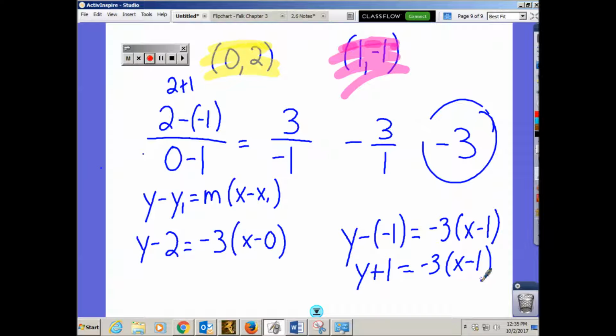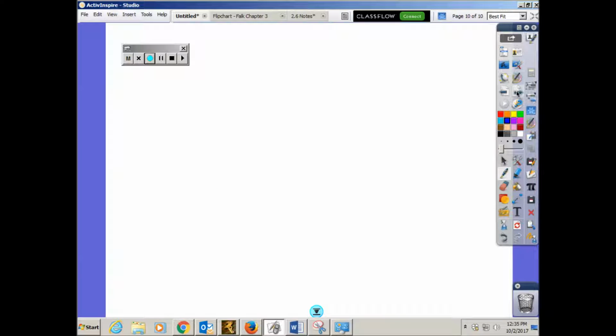Okay? So my point slope forms for this equation look different because I've used different points. But I'm writing an equation, if this helps you, for a line. And I've said,